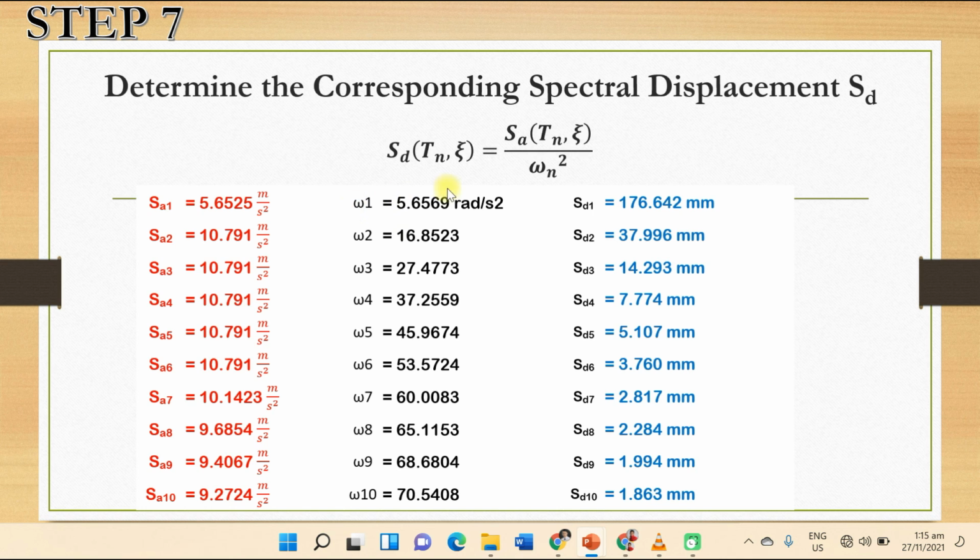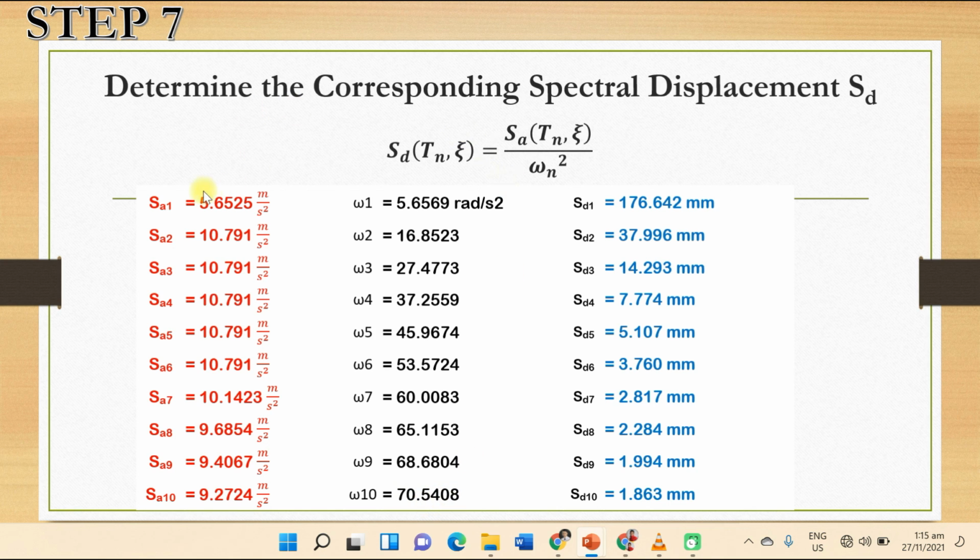Tapos yung na-compute naman natin kanina doon sa first step na doon sa una na steps natin, meron tayong frequency 1 which is equal to 5.6569 rad per second squared. Tapos dito naman sa frequency 2, meron tayong 16.8523 hanggang dito sa frequency 10 na meron tayong value na